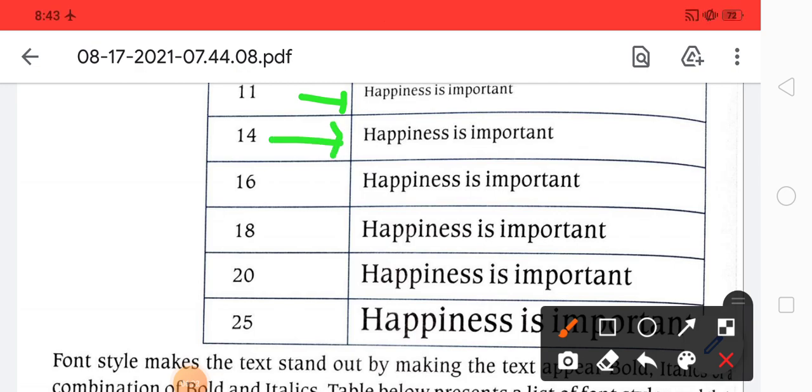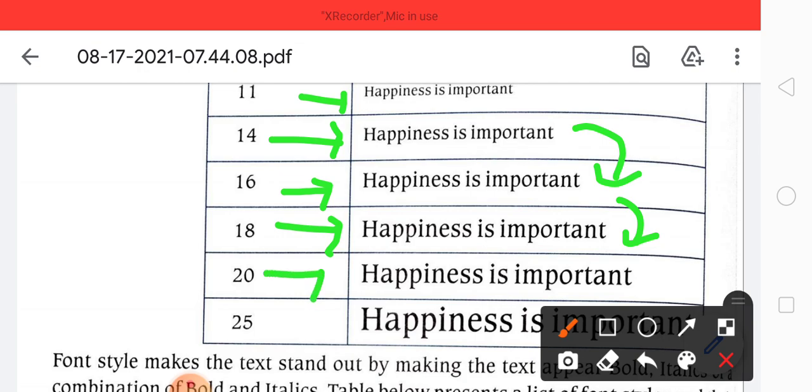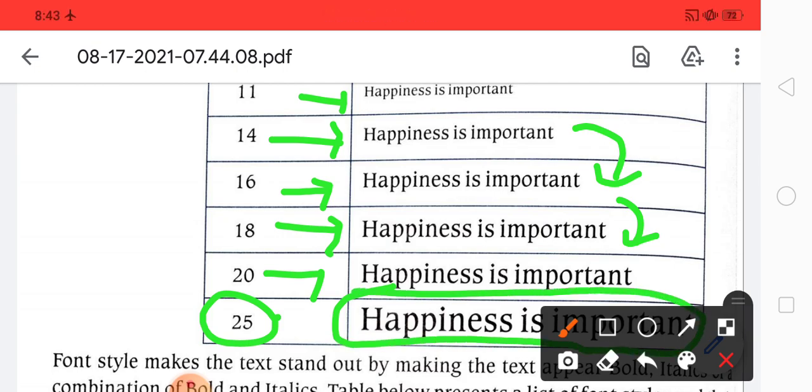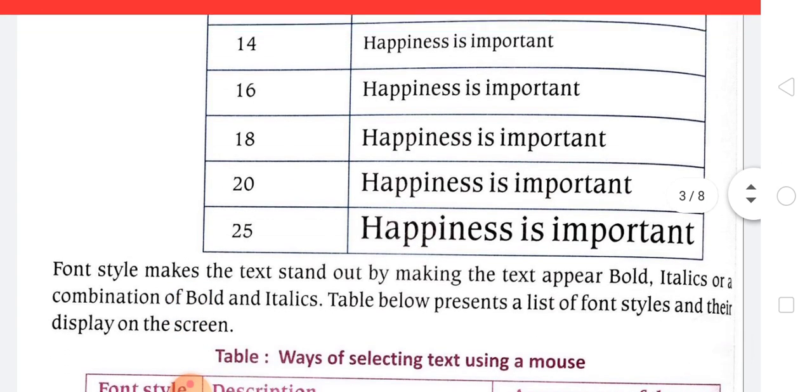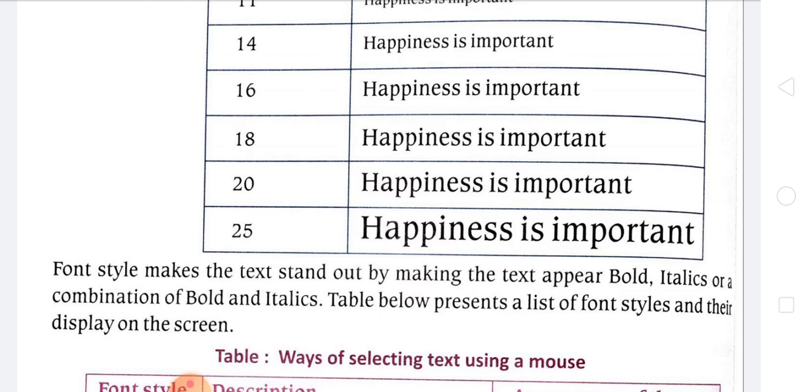Whenever you choose 14, the font size increases, and at 16 it increases even more, and after that it is also increasing, and here at 25 the text is increasing.